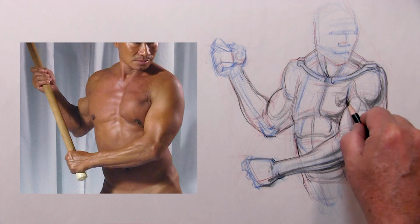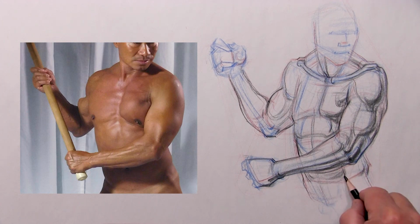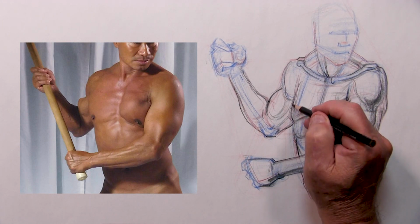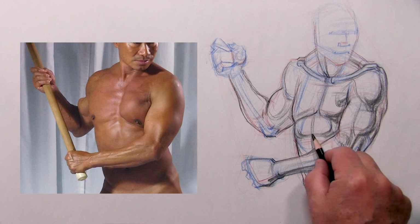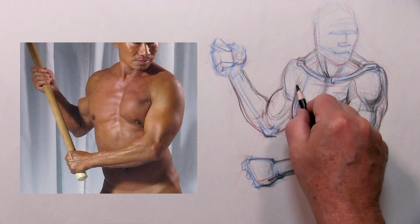So as you can see, the model I'm using for this reference photo is very well developed, very strong, with large muscles. The next drawing I'm going to be doing will be someone that has a lot softer form, where you can hardly see any of these muscles, but they're all still in there and you have to pay attention to that. So as I build this up, you can see that sometimes I'm hitting the edges